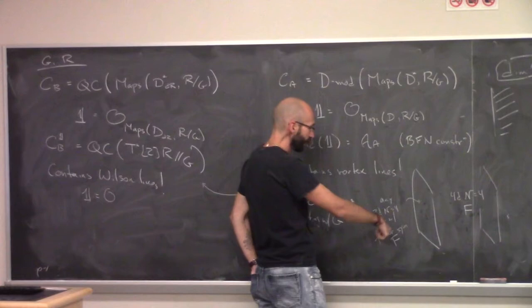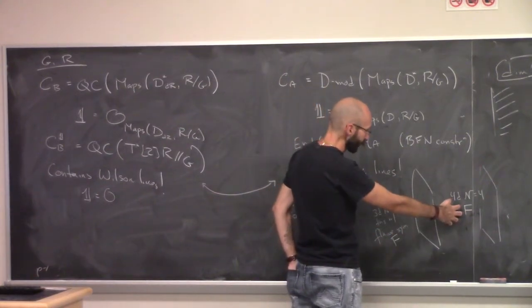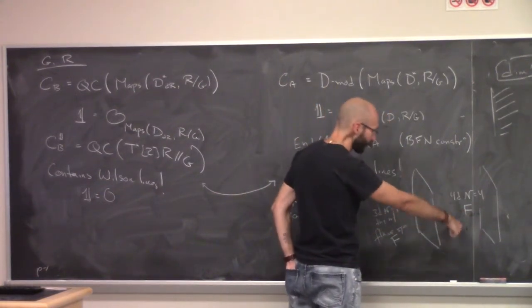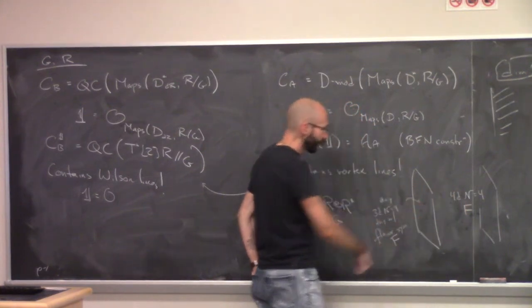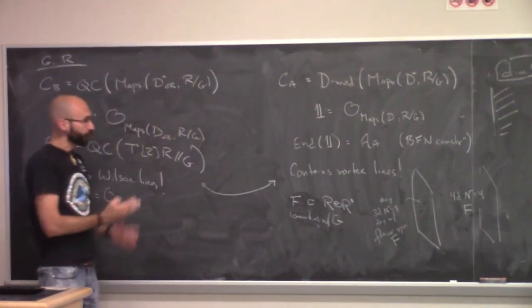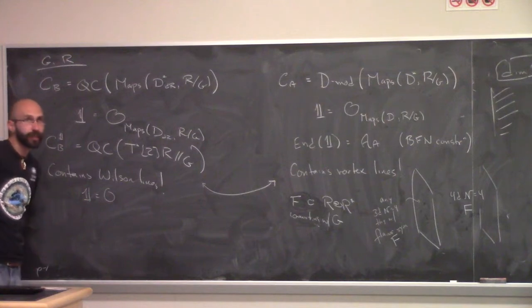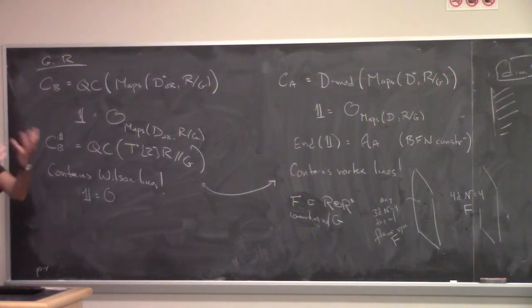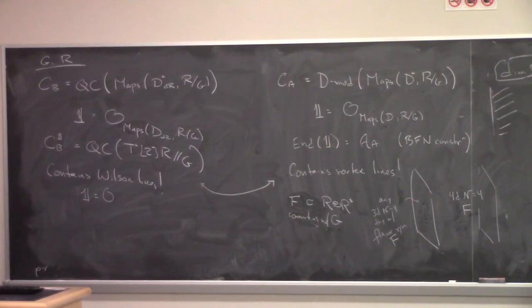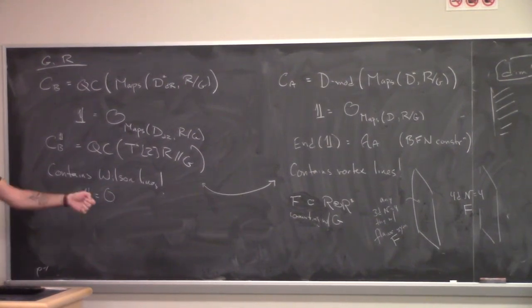There's also a category of Wilson lines in the bulk, like in this construction. If there's flavor symmetry in the 3D theory, then the Wilson lines for the flavor symmetry will act by tensor product with the category of lines in 3D. In other words, you can take any gauge Wilson line and tensor it with the flavor Wilson line. Similarly, you can take any vortex line and tensor it with a flavor vortex. And that's an action of the Satake category on these guys.